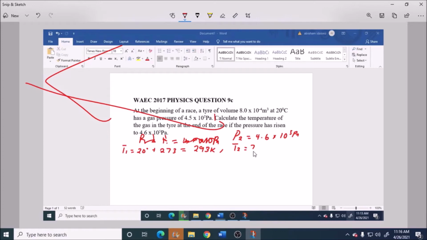Now using pressure law, we have P1 over T1 equal to P2 over T2. This will be equal to 4.5 times 10 raised to power 5 over 293, which is equal to 4.6 times 10 raised to power 5 over